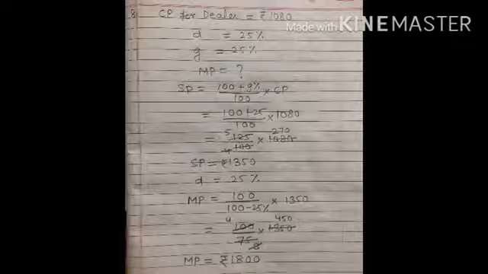So first we have to find the selling price, because without the selling price we are not able to find out the mark price. Selling price is equal to (100 plus gain percent) upon 100 multiplied by CP, that is equal to (100 plus 25) upon 100 multiplied by 1080. When we calculate this by cancelling it, we get the selling price is equal to